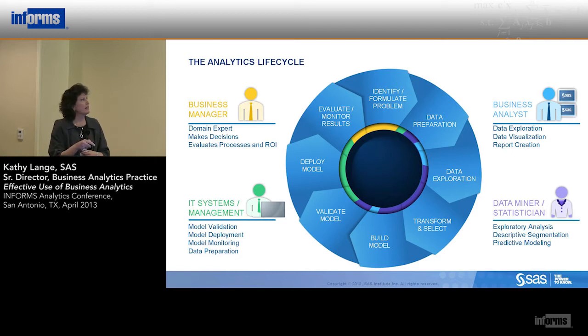And then there's data preparation, exploration of the data, transformation, selection, building the models, the thing that we're so passionate about, right? Building the models. And then the rest of the cycle of deploying the models and getting continuous feedback. Now look at this. There's little colors in here of all the different pieces of this process. And these are the people associated with those parts of the process typically. So it's the business person that comes with the problem, right?